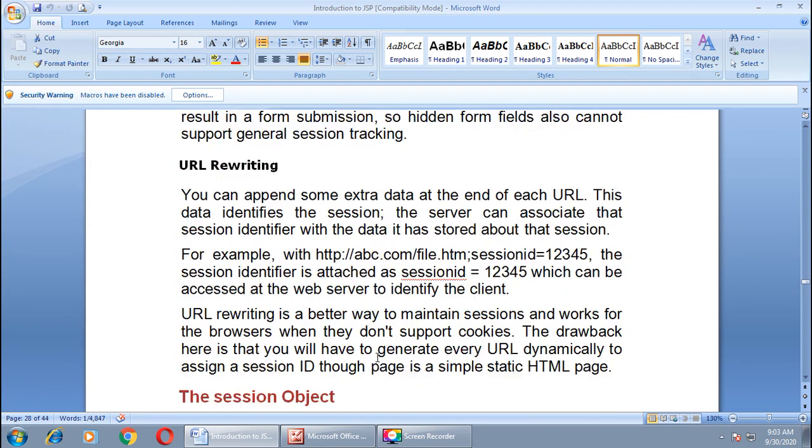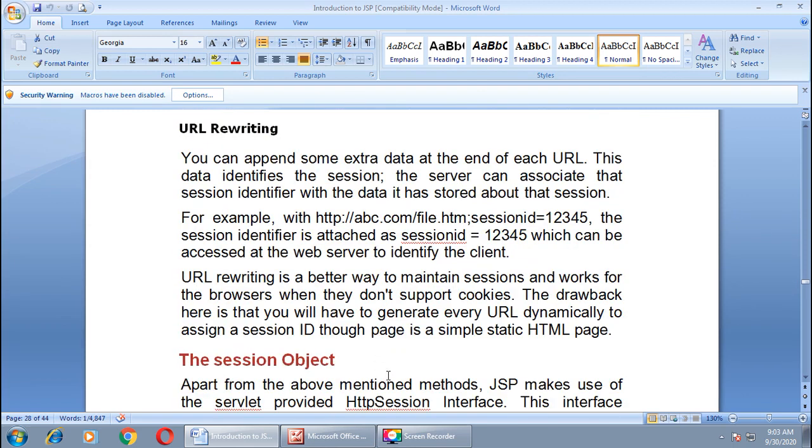The next is URL rewriting. You can append some extra data at the end of each URL. This data identifies the session, and the server can associate that session identifier with the data it has stored about that session. It is a better way to maintain session and works for browsers when they don't support cookies.